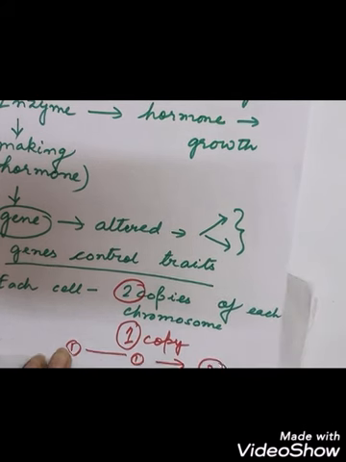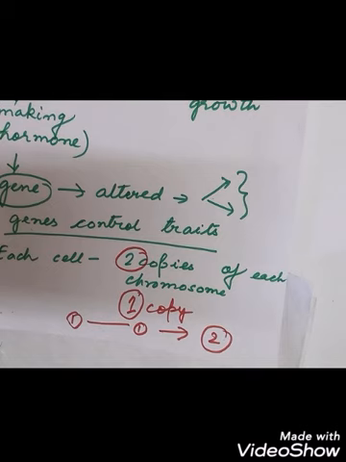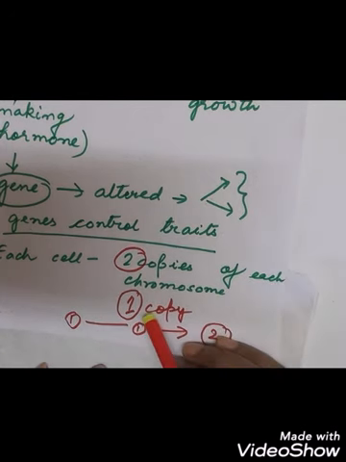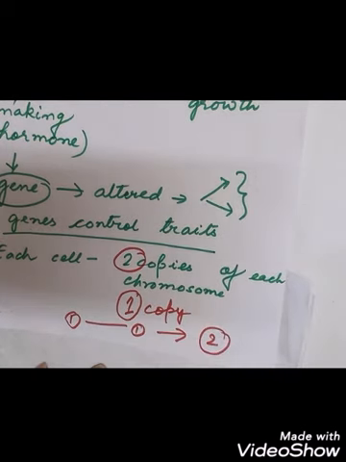Again the same number of chromosomes are formed. So we have 2 copies in each cell which have come from the parents. Then while gametes are formed, 1 copy is there, that means only a single set is there, and then 1 from the male and 1 from the female combine together to give the same number of chromosomes in the offspring or progeny. So there is stability of DNA in the species, yes or no?